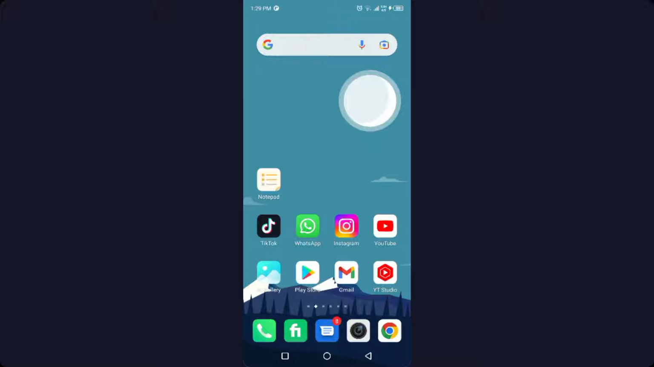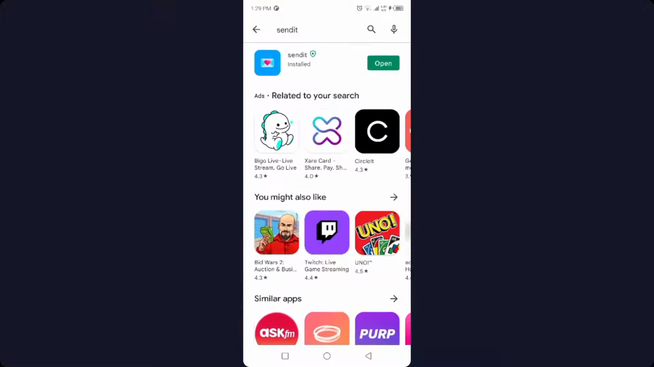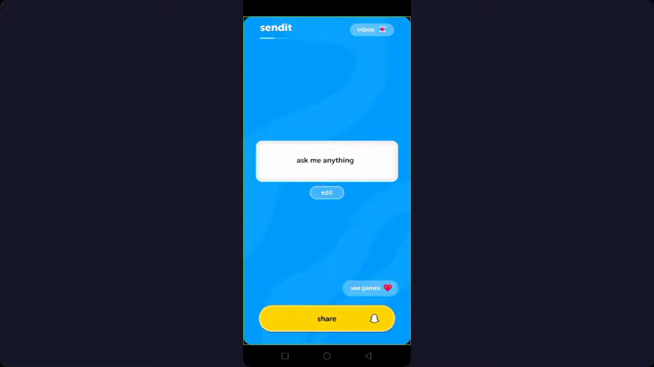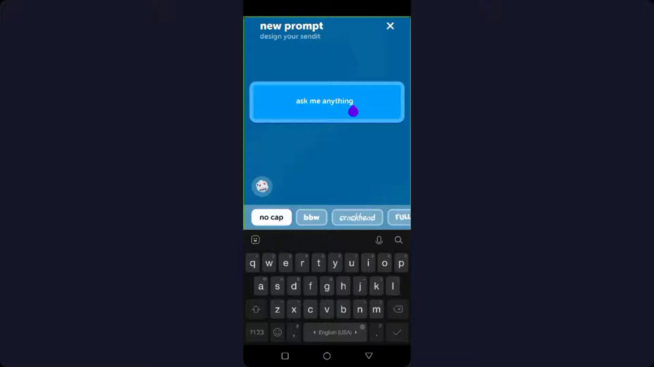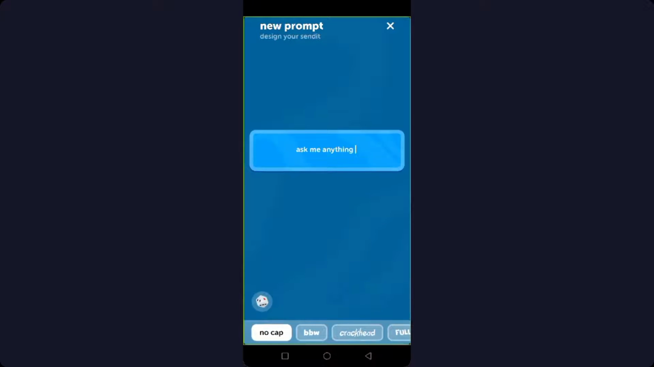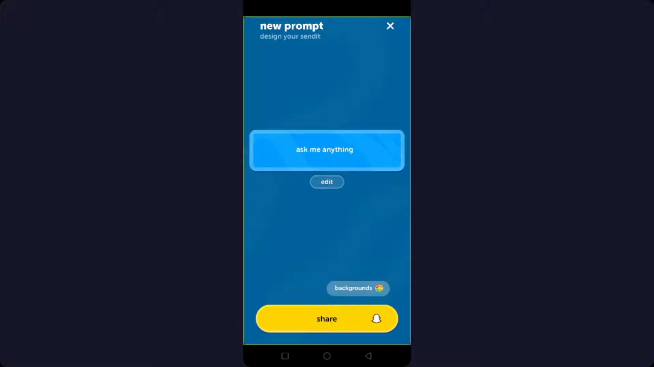So the first step you need to do is to open Play Store, search for Sendit, and download Sendit from Play Store. Once it is downloaded, you simply need to click on open, and then you need to click on Ask Me Anything. You simply need to click on edit, and here you can write whatever you want to ask, and okay, then you need to click on share,